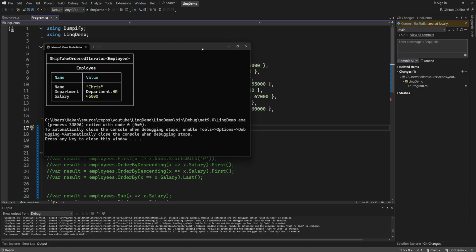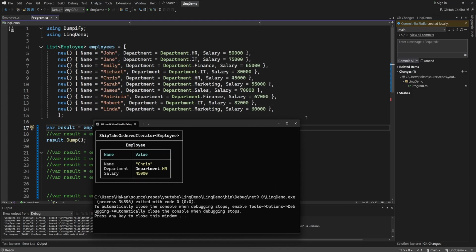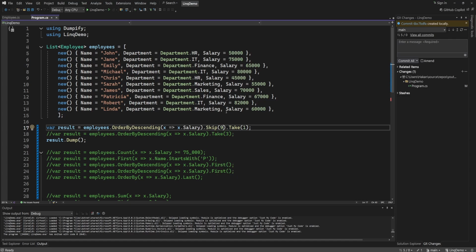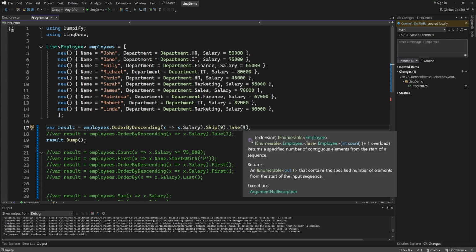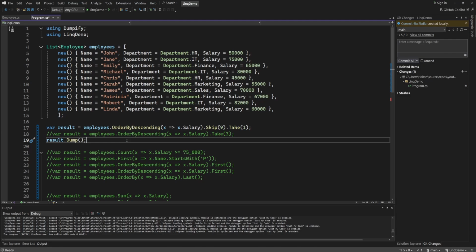And that is, in this case, the lowest paid employee. But you can use this mechanism also for pagination. For example, when you're querying a database, you can skip a couple of pages and then take your page count. Also, I want to show you a couple of LINQ methods that were recently added in .NET 8